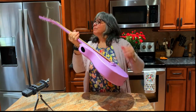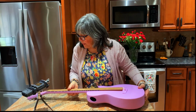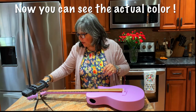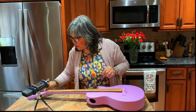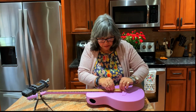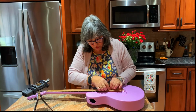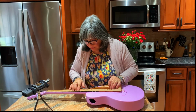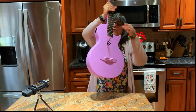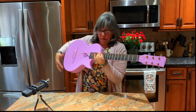Let's take off this protector. I'm going to put it down. Where the Allen wrench would go on the headstock, it says Nova Go. And you would remove that, I believe. On most guitars, that's where the Allen wrench goes, so you could adjust the truss rod from there. Obviously, I don't expect it to be in tune. Oh, it actually does have